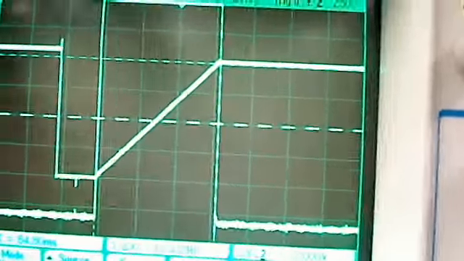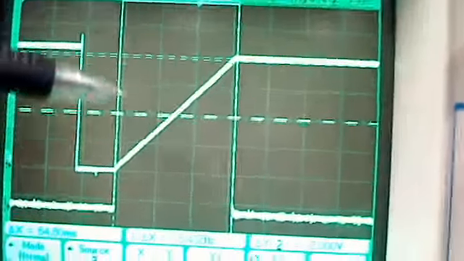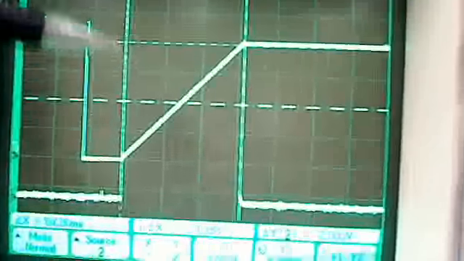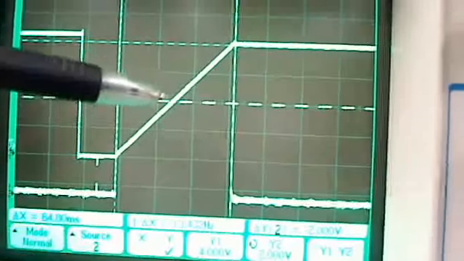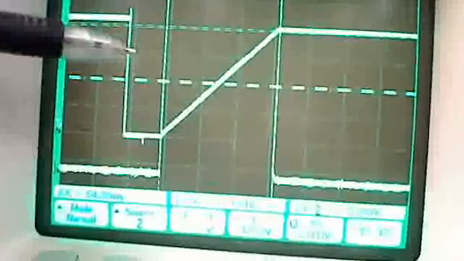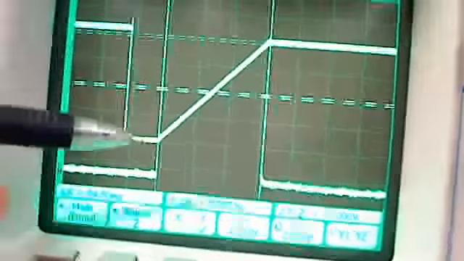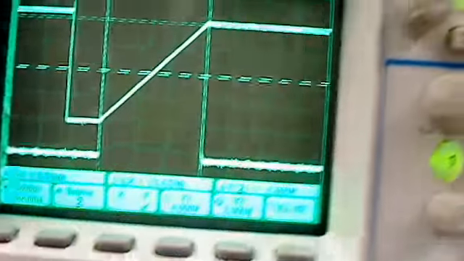the square wave coming out of the oscilloscope that is used for integration, and you can see as the square wave goes high, the integration cycle starts and we integrate up. Here's the reset pulse, here's the reset of the signal, and you see at the end of this pulse here, the reset happening,